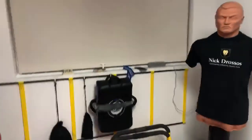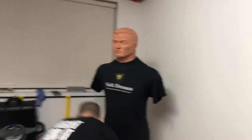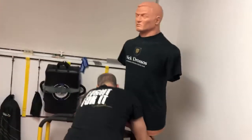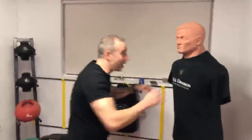So train them. Maybe I could show how to train it on the Bob dummy. Closest weapon to closest target. So Costa, you wanna flip the camera open over here? Right, we'll pick it up. And Costa's gonna do a little bit of filming over here, guys. So maybe you could film it like this, Costa. Sure. So I could show you guys. So if I'm striking, and this is how I actually train my strikes. If I'm here,